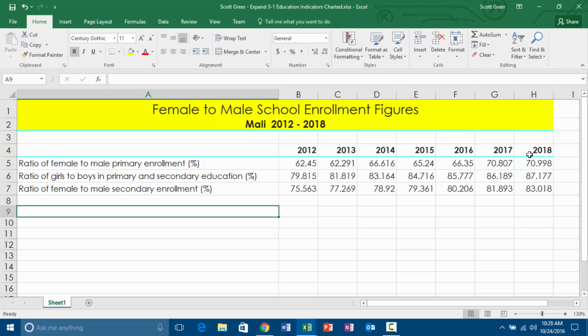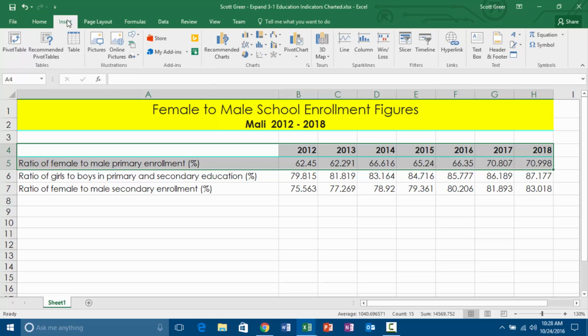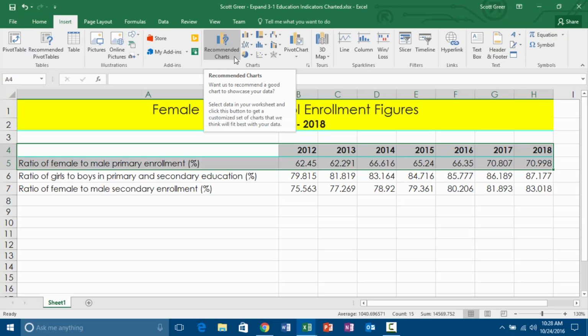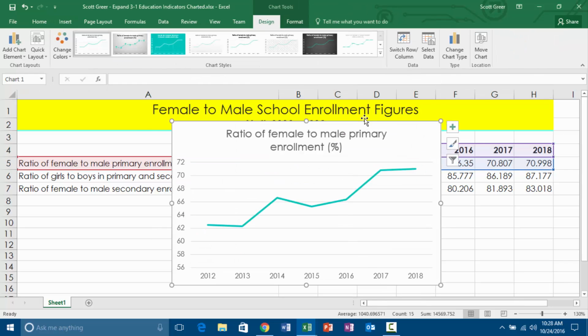Create charts that present the data for each of the 3 indicators. So we have 3 indicators, ratio, ratio, and ratio. So we want to put together a chart that shows these things, and we want to show it over this course of time. I want to highlight that, insert. We're supposed to think about what kind of charts to use. I'm going to see, what do they recommend I use? Okay, this looks good, why not? I'm going to go ahead and use a line chart for this one. Notice that because I highlighted it, it's already put it up here. Explains exactly what it is. 1,